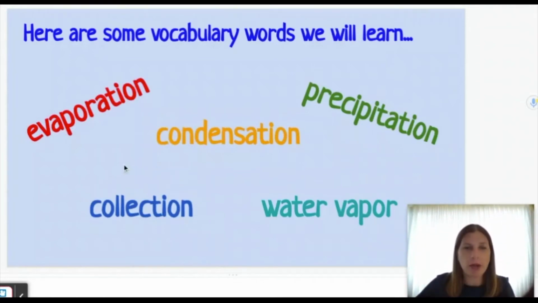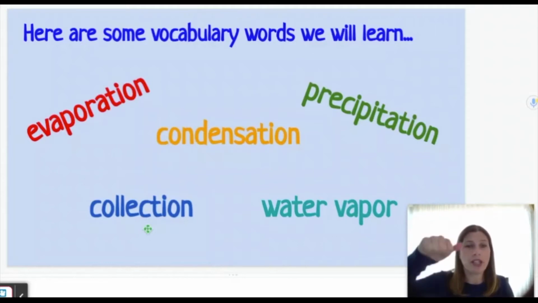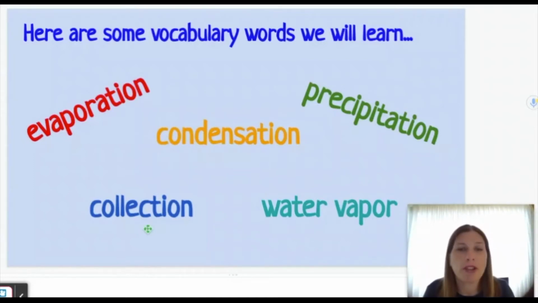Okay, our next word here in blue is the word collection. Now, you might have heard this word before, but maybe you're not sure. What does this have to do with the water cycle? So think to yourself, have you heard this word or read this word and know the definition? You read or heard this word, but not sure of the definition or what it would do with the water cycle, or thumbs down if you've never heard and you don't know the definition. Almost everyone's heard this word before. Great. Some of you are not so sure what the definition has to do with the water cycle. We'll get to it.